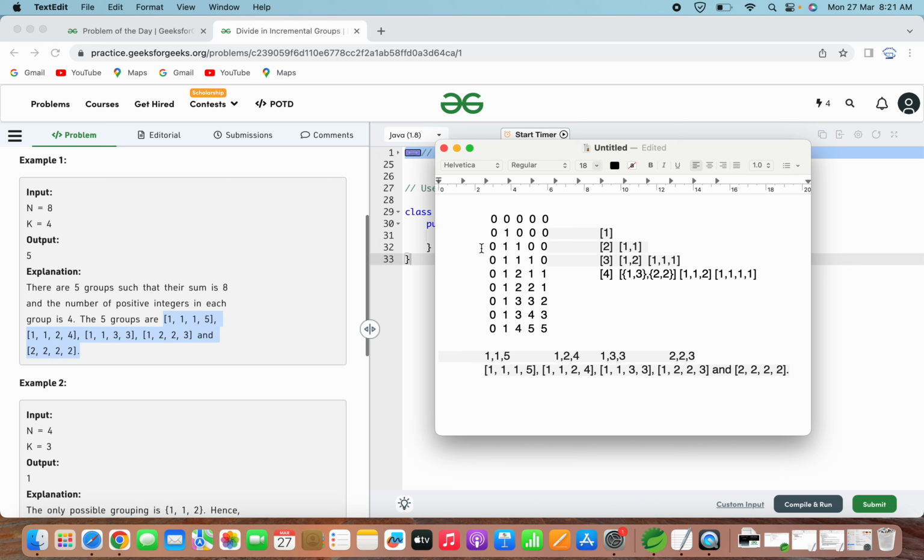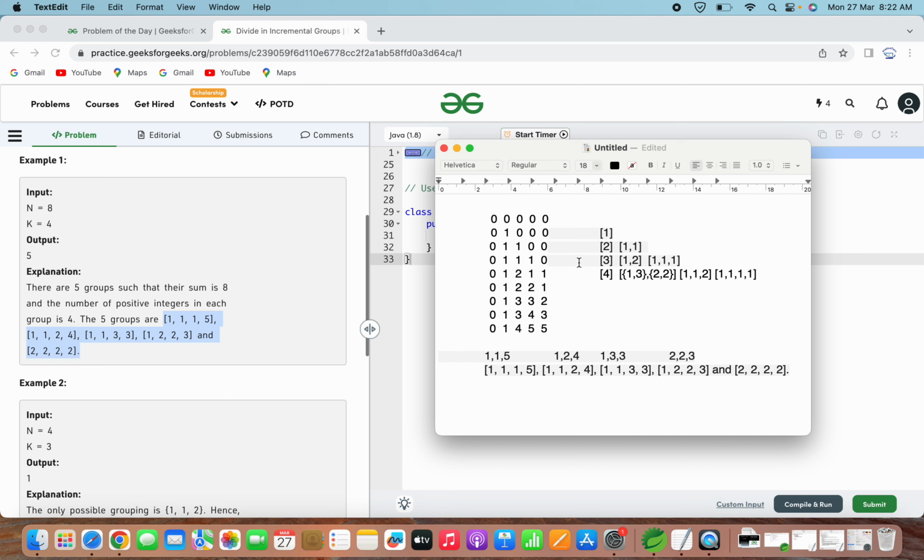For the second row, when n is equal to 2, to get groups of size 1, we have one option, that is 2 only. Because ultimately we have to reach the summation of n only. Now n is given as 2, and we have different combinations. If we take the group size as 1 only, then we have the option of 2 only. Then for n equal to 2, the size is also equal to 2.